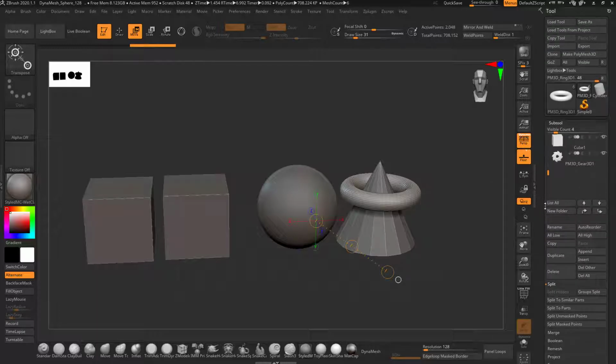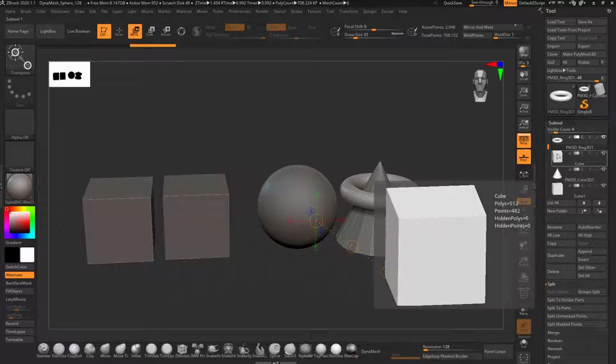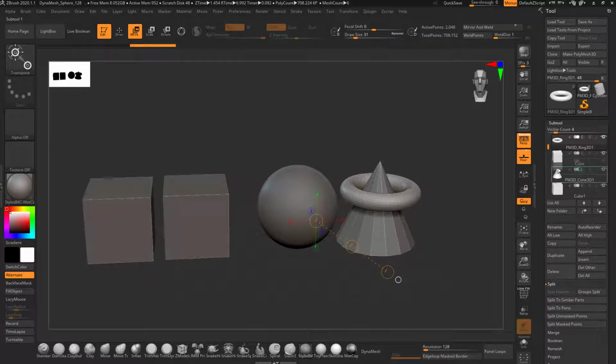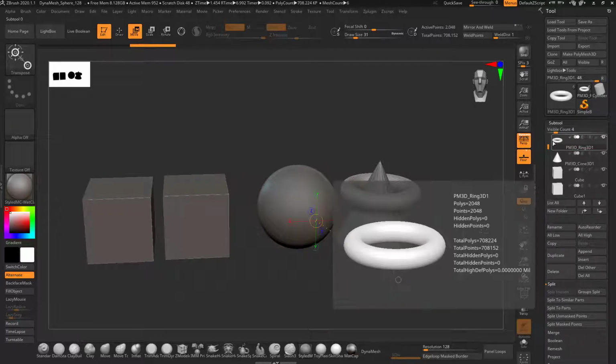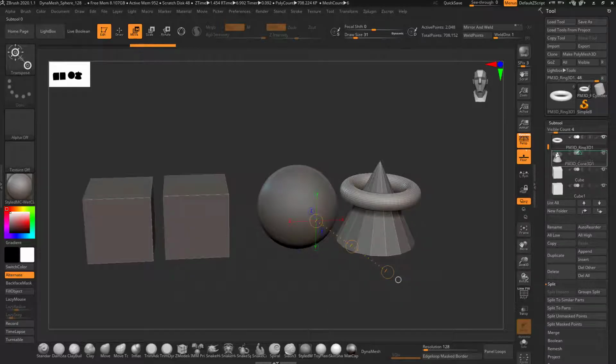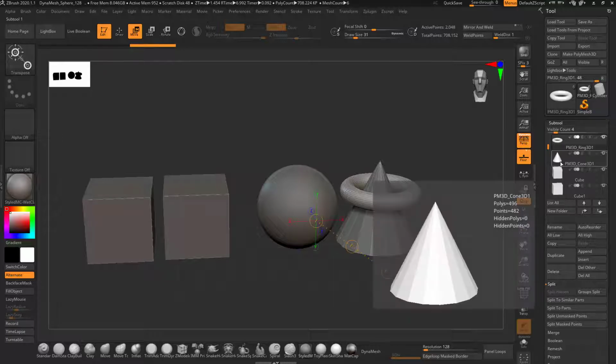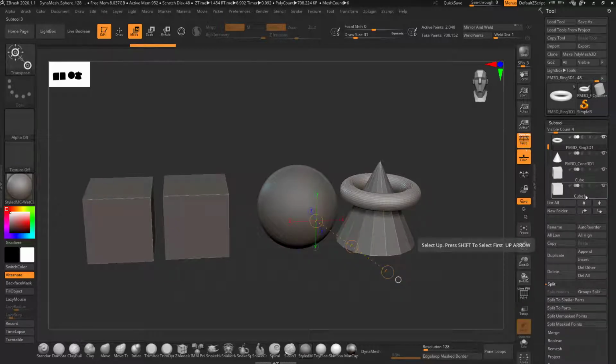Next thing is that you can actually reorder them. This subtool is quite different than Photoshop. In Photoshop you can select and drag up and down, but here you cannot do it. How can you? Now, this is a very good thing. In older versions of ZBrush, this functionality was not present, so you could not move layers up and down. But now you can simply drag and move your layers up and down.